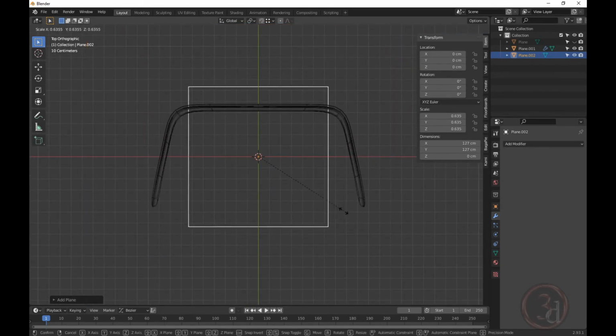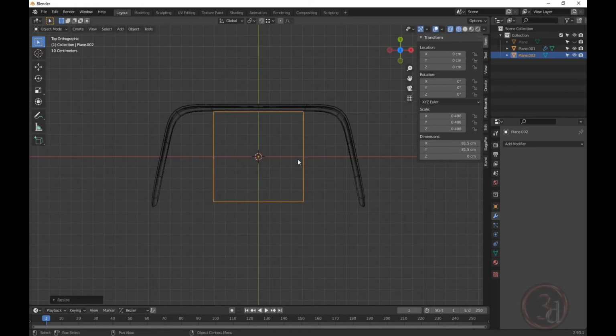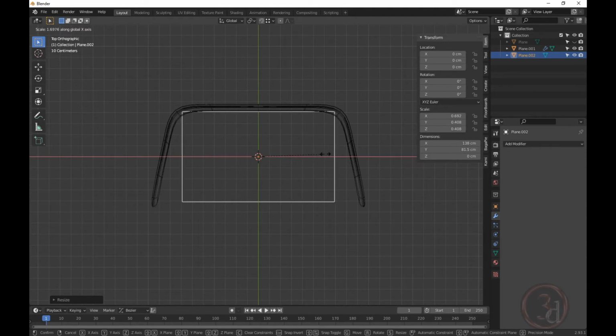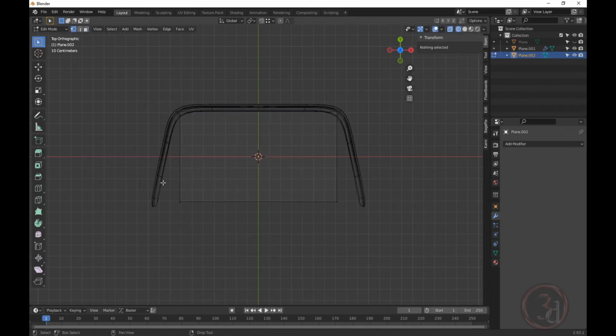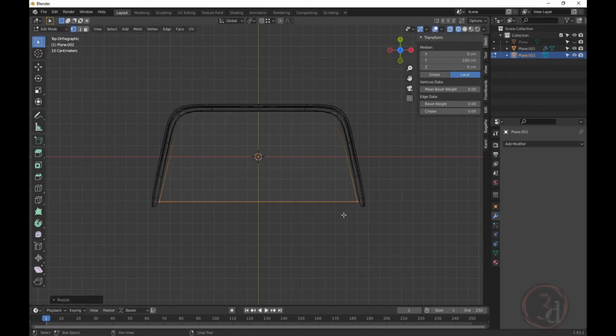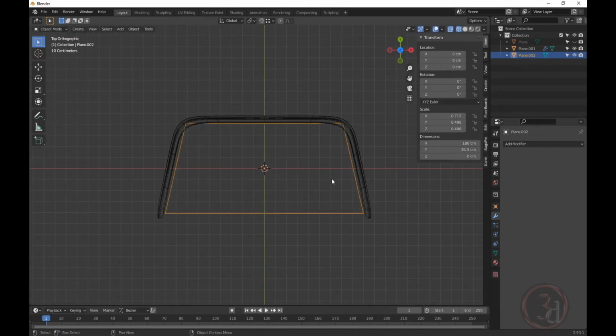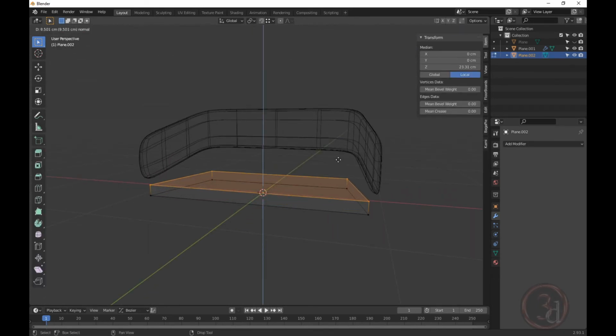Scale this down, down, down up to here, and then scale it outwards, maybe just about here, and then go into edit mode, vertex select, and then scale outwards just to follow the same profile. Okay, and then I can select all and extrude